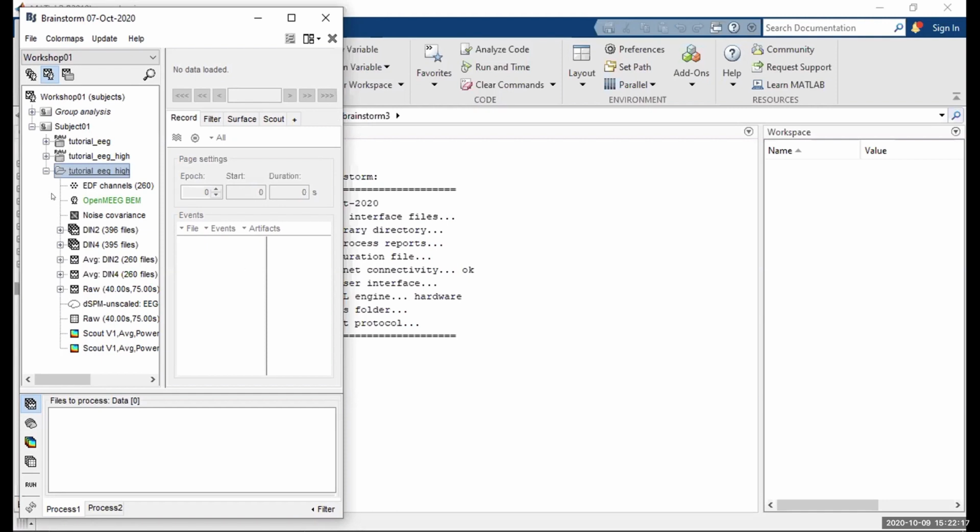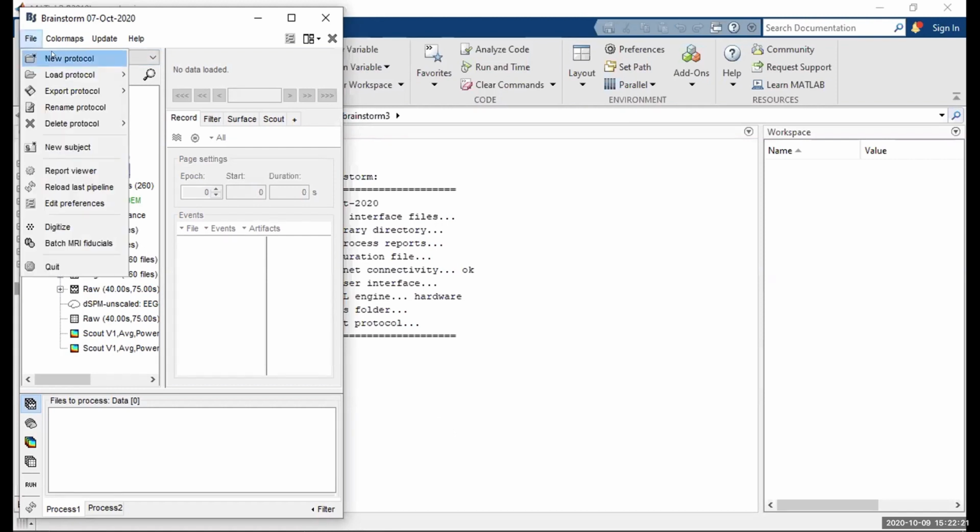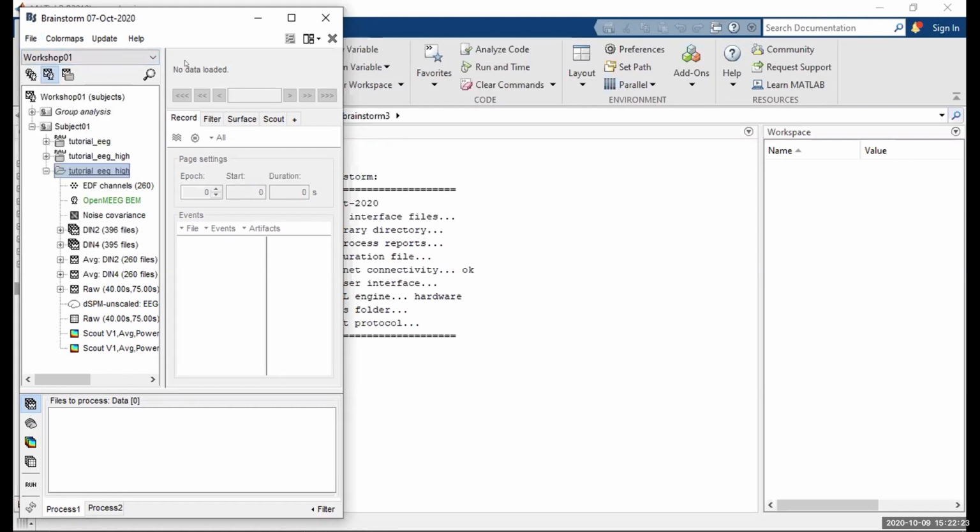So the first thing you'll want to do is create what we call a protocol. You would go to File, New Protocol, and you can think of protocols as your current experiment, right? Or your current research question, your current paper that you're writing. Since you can only select a single protocol at a time in Brainstorm, this is the highest organizational folder or level, where once you have added a file into a protocol, another protocol cannot access